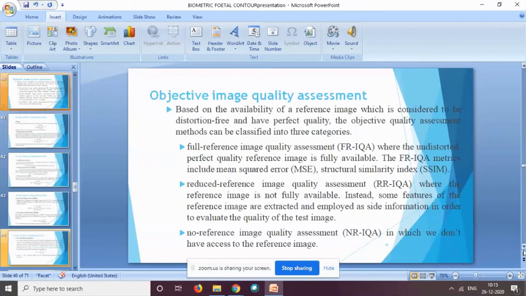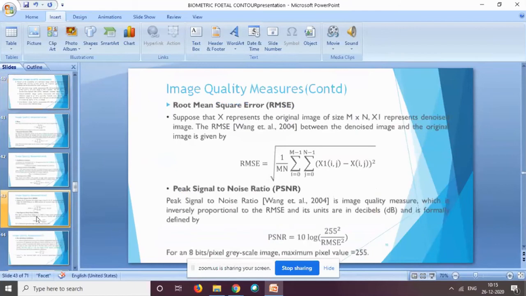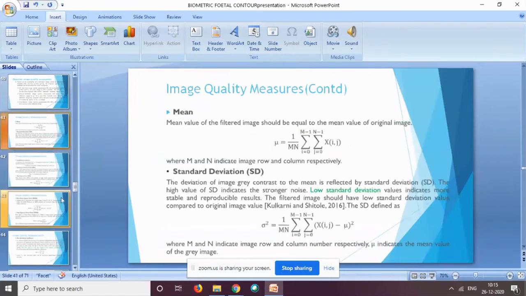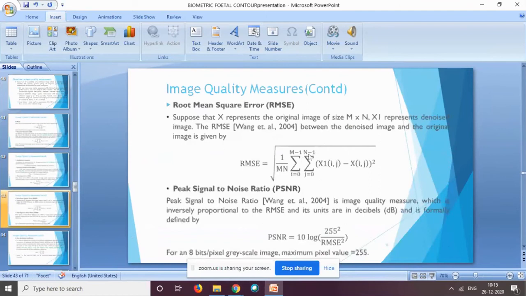What are those parameters? I have used the mean squared error and the structural similarity index for evaluating the performance of my algorithm. What is the mean square error?